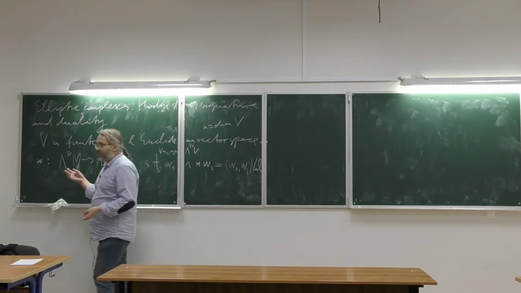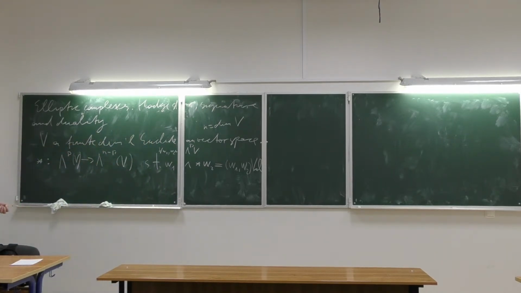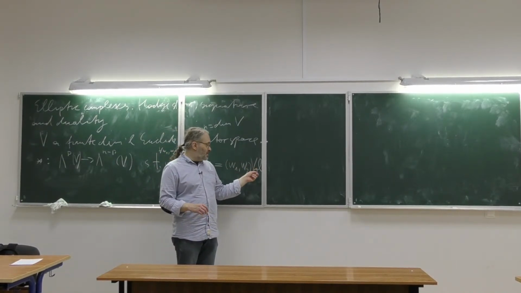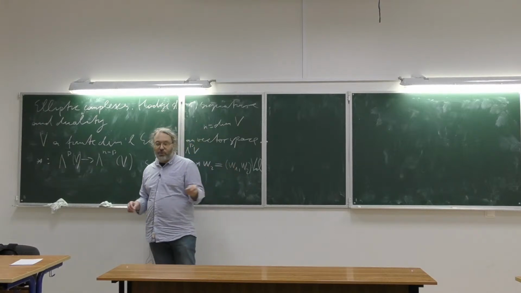Well, there are several ways to define it, and can anyone suggest at least one? If you assign a metric on our space, we can define the unit cube. Okay, so one way to define the volume form is to say that the value of this form on an orthogonal basis of V should be 1 or minus 1 depending on whether